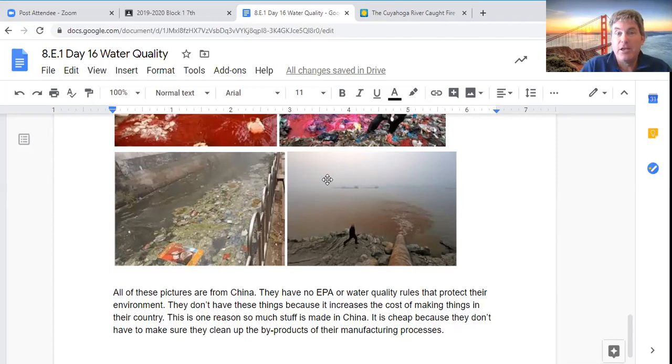That clean air here in the United States costs money, in the form of companies that scrub their stuff and create different solutions for manufacturing things that don't send all the smoke and pollution into the air. It costs money. That means the products that they make cost more than products that can be made someplace where they don't have to do that, like China. So air is not free. You pay for it in the cost of things that you buy that don't look like this. Does that make sense? I hope it does. If you have any questions about that, please drop me a line. I will be happy to explain it to you in further detail.